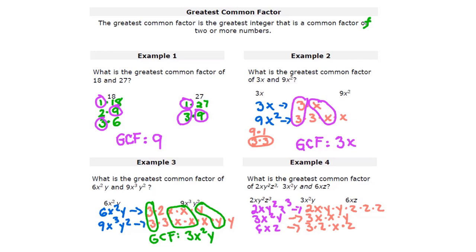So now I'm looking for my common factors. Do they all have a 2? No, these two do, but since this one doesn't, we can't use that. Do they all have a 3? No. So this means that there's no greatest common factor for the numerical part, and that's okay. You're not always going to have a greatest common factor for all numerals or all variables. So we're just going to not have a numerical part, and that's fine. Do they all have one factor of an x? Yes. And do they all have one